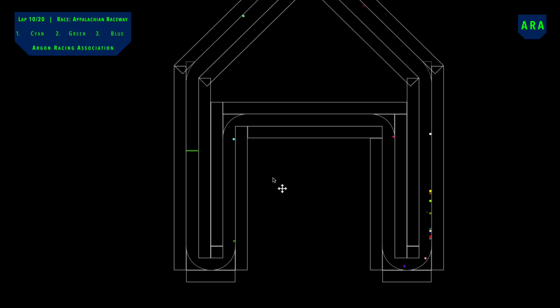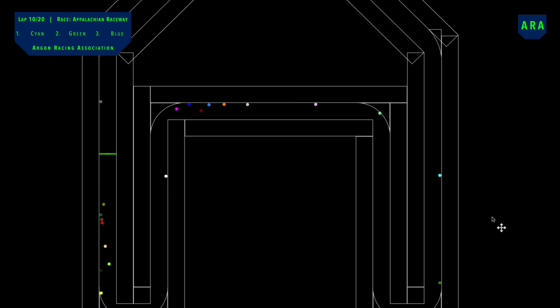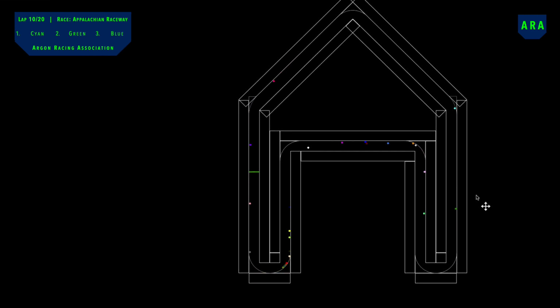And all the while, the top 2 have now made a breakaway. Cyan closing very quickly on that lap traffic. Wants to try to prevent Green from becoming a pursuer. Seafoam, it looks like, has made a bit of a gap to keep 3rd. Cyan is now just past half race distance. So Cyan, Green, Seafoam,